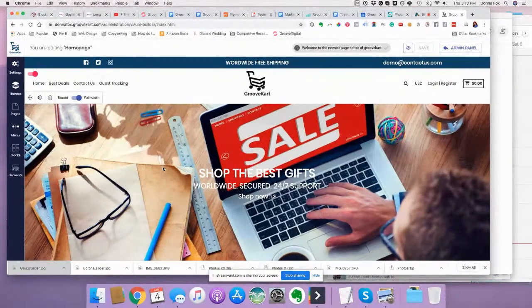And as you're looking at right now, we're looking at, of course, Donna's homepage. And the first thing that we want to do is actually take a look at how to edit an element. So to edit an element, as you can see, there's a couple of icons, and Donna, if you can hover